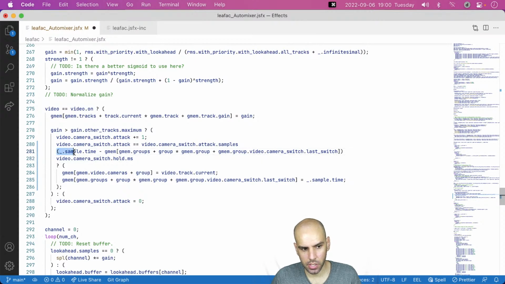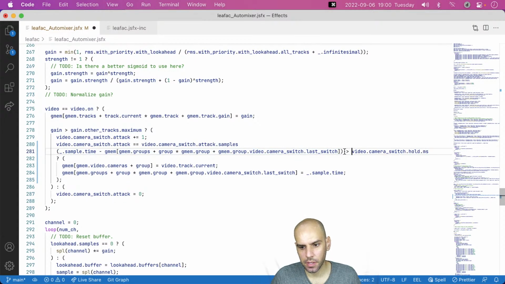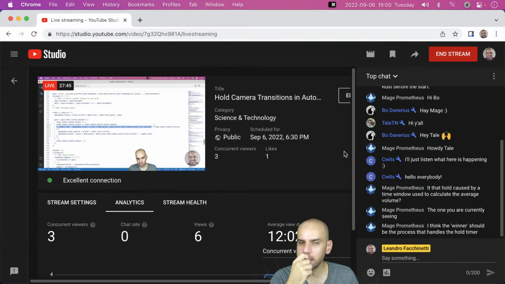So what we want is for this time to be greater than that time. We want it to be greater than because that means that more time has passed than the given hold time. But there is a problem. This is given in milliseconds and this is given in seconds. So I'll have to think hard and convert milliseconds to seconds or vice versa. It doesn't really matter in which way I do it. It will only take me about an hour to get it right. Let's see what you have to say.